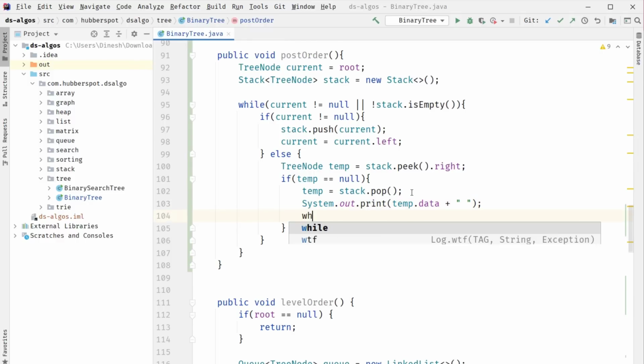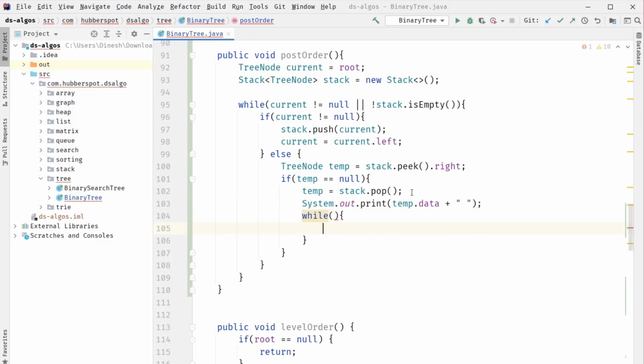And after visiting the node, we again provide a while loop. And inside that while loop, we provide the condition as stack should not be empty, because we have recently popped an element from the stack, so the stack can be empty. So here we are providing this one condition that stack should not be empty till this point. And so here, as we have visited this node, now this node can be a child of its parent and it can be on the left side or on the right side.